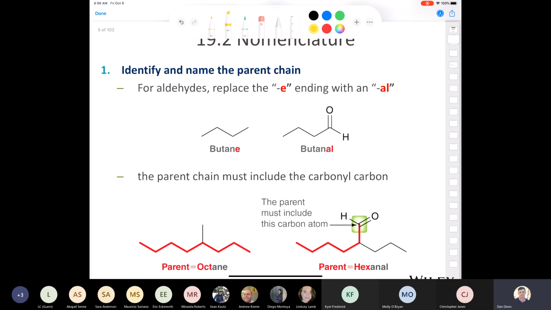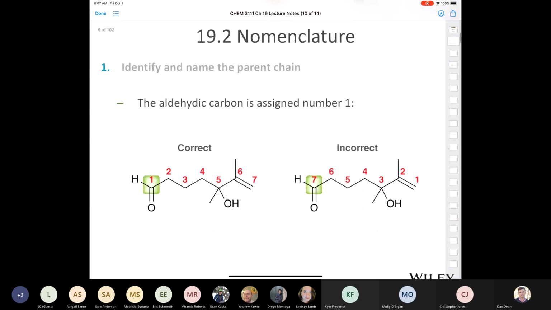Here's a really good example. At the bottom, if we look at this alkane, you can see that the longest carbon chain contains 8 carbons, and that's the chain that's highlighted in red right here. 1, 2, 3, 4, 5, 6, 7, 8 carbons like this. Now, if we were to have a carbonyl for an aldehyde at this carbon right here, then when we're naming the compound, remember that parent chain has to include the carbonyl carbon, and thus the longest chain would only have 1, 2, 3, 4, 5, 6 carbons. The aldehydic carbon is always assigned